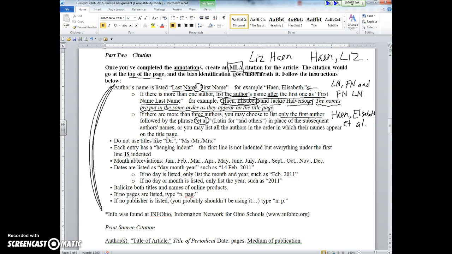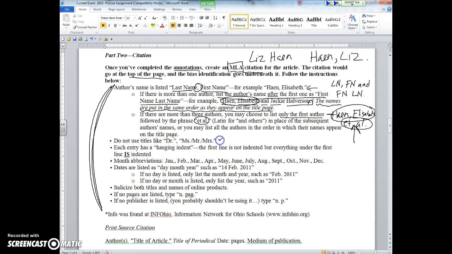And that tells the reader that, hey, this person is the most important, and he or she worked with multiple other people. So anyone that reads a citation, including you, should know this. Et al. means and everyone else. It makes it clear that 3 or more people worked on this. The first person that's listed, however, is the most important.